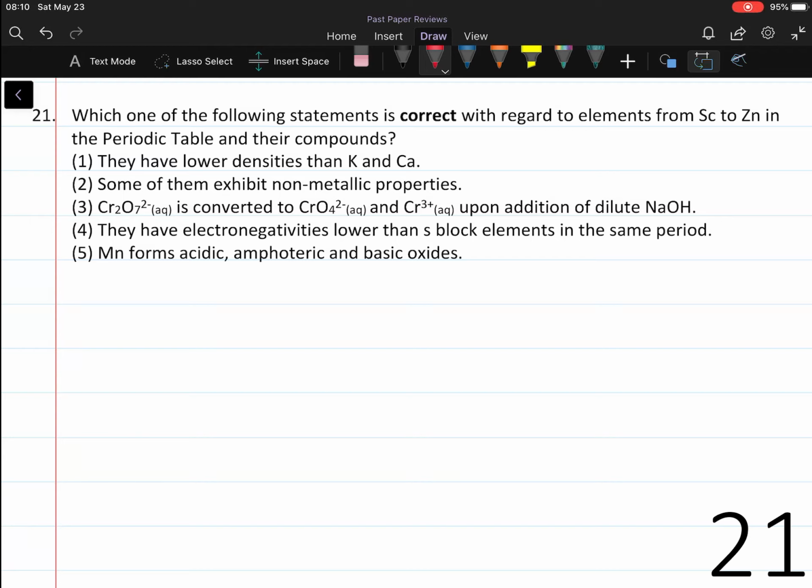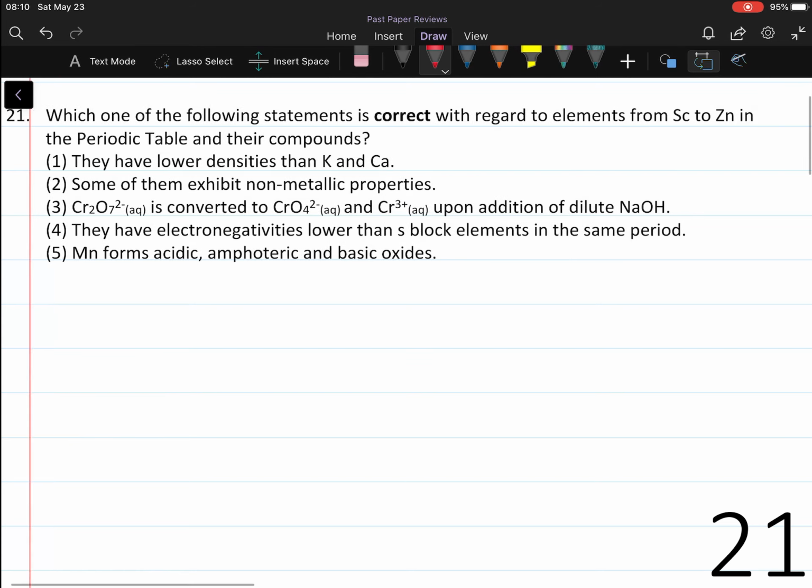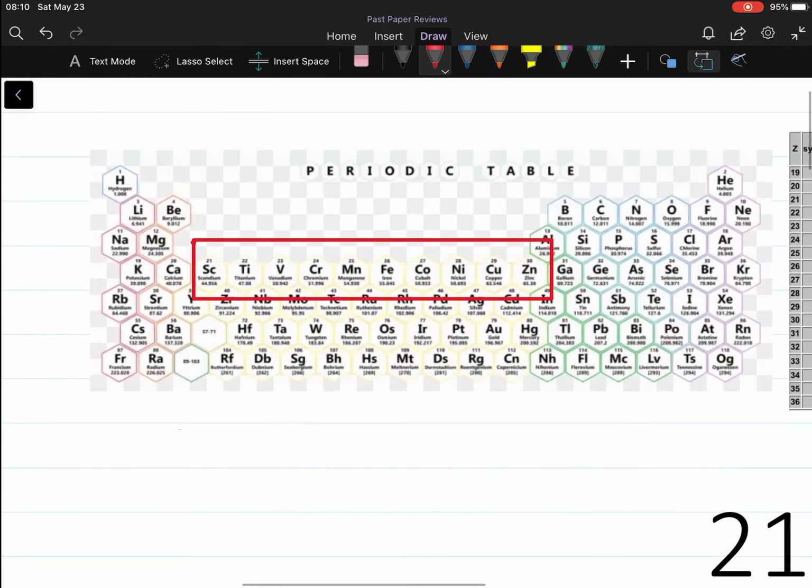Question number 21. Which one of the following statements is correct with regard to elements from scandium to zinc in the periodic table and their compounds? Statement number 1. They have lower densities than potassium and calcium. As you can see here, potassium, calcium, and all the elements from scandium to zinc are in the fourth period